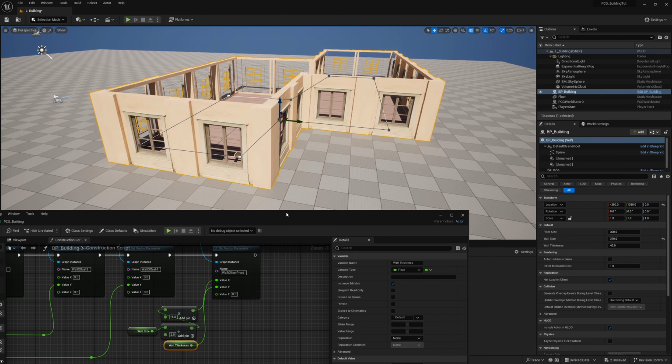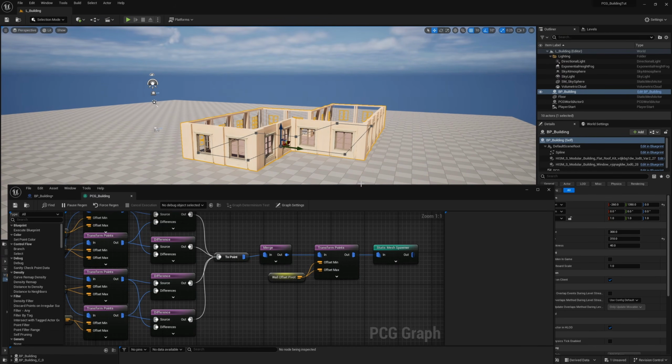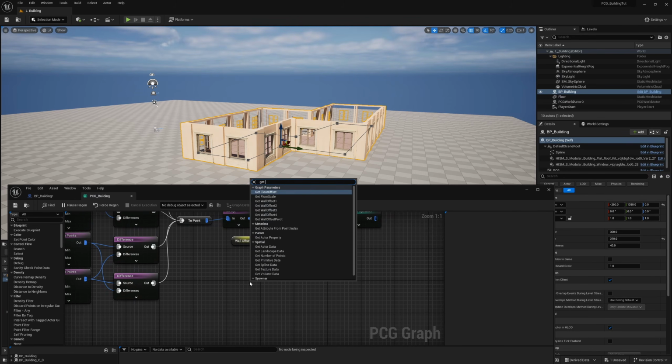Now comes the part where we need to increase the amount of floors it has. And that's where things get a lot more complicated. But don't worry, I'll guide you through it. So to control the height of the building, there are many ways to do this. I'll share the way I've decided to do it, and that is creating a spline and then working with offsets from there. So what we're going to do is get